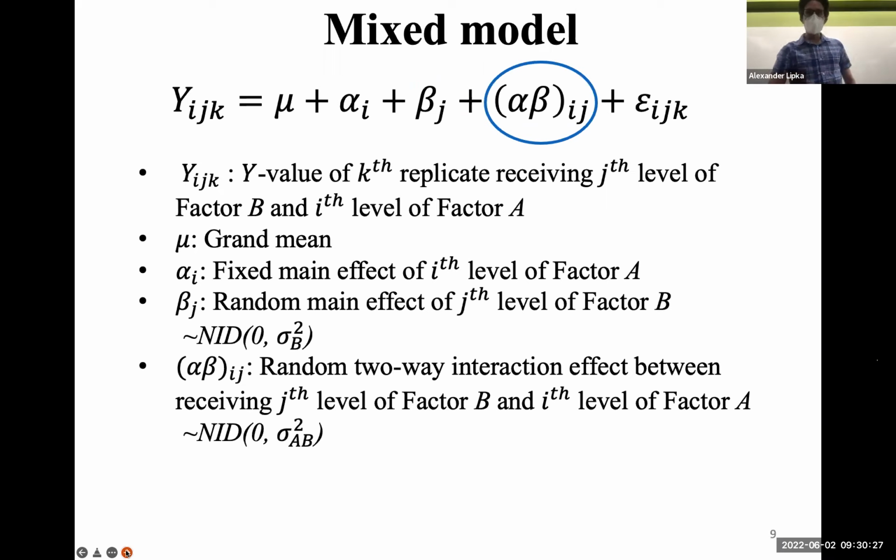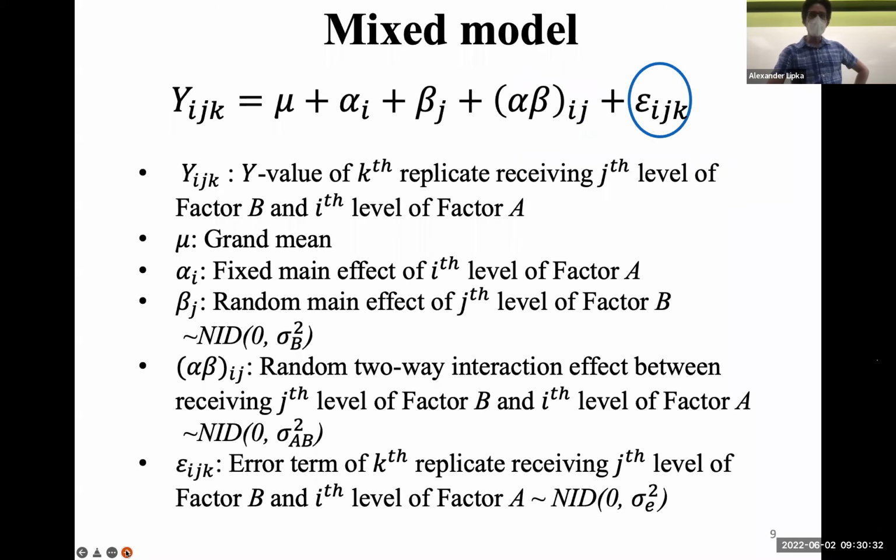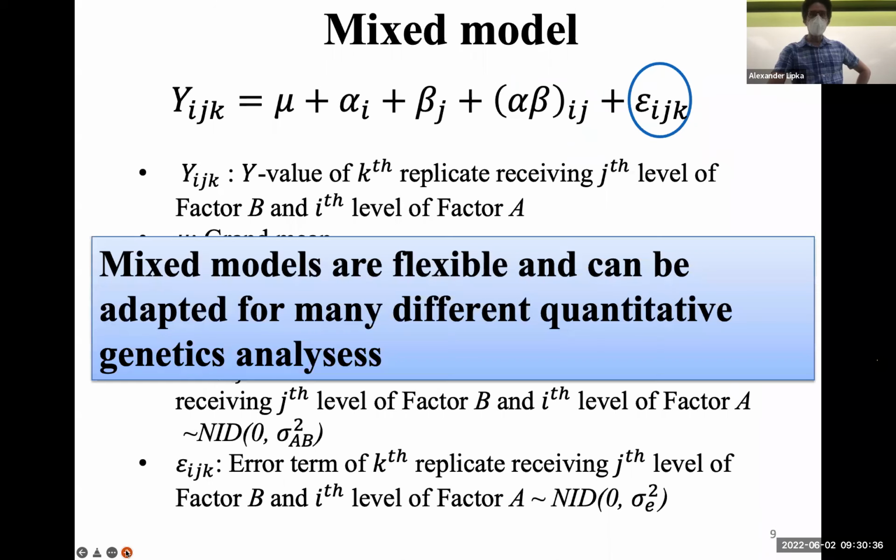So in this situation, alpha beta ij is a random two-way interaction effect. And then we have our error term. Okay, so mixed models, I went over them because they are so critical for genome-wide association studies and, to a lesser extent, genomic selection models, okay? Mixed models are what enables us to make inferences to help us find genomic regions that are likely to be associated with our trait and to help us make accurate predictions in